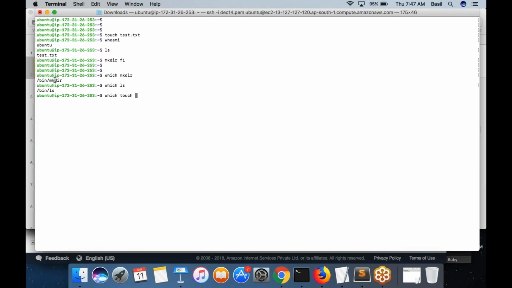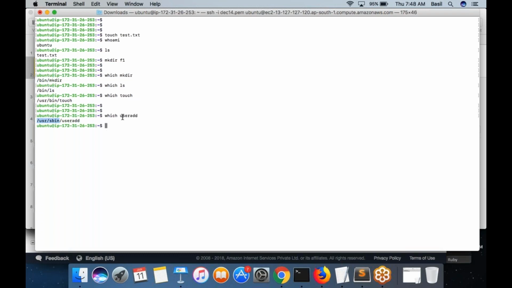It doesn't necessarily need to be the same folder. As you can see, the mkdir and ls commands are both inside the /bin folder. The touch command could be in a different folder, for example /usr/bin, or maybe /usr/sbin.